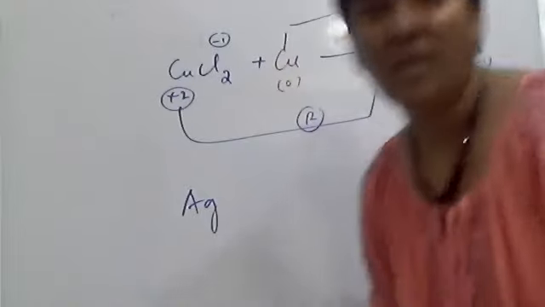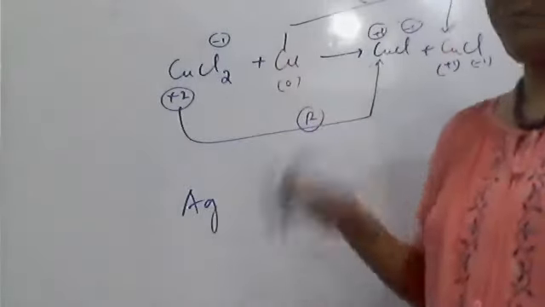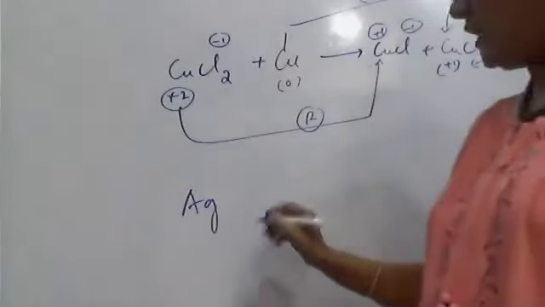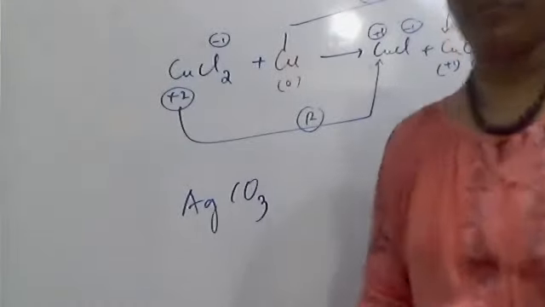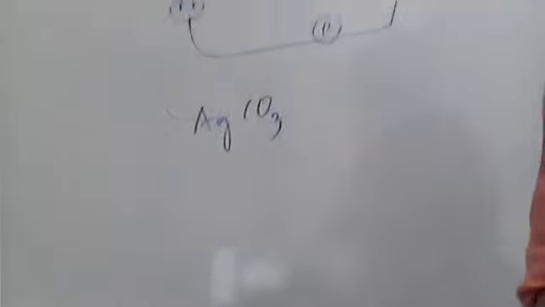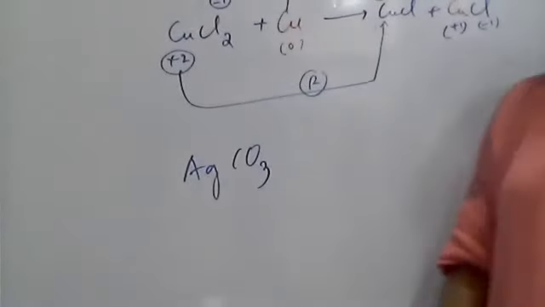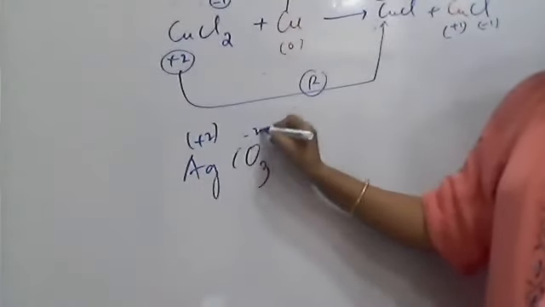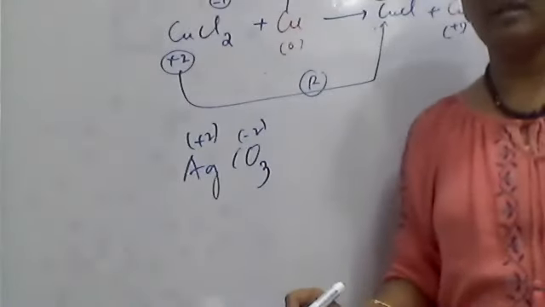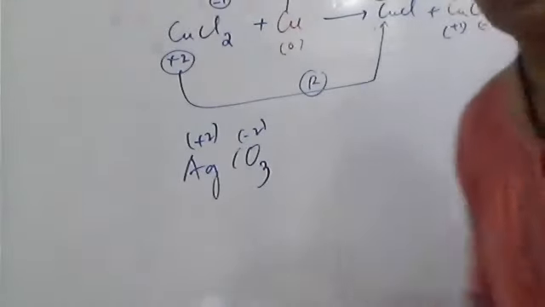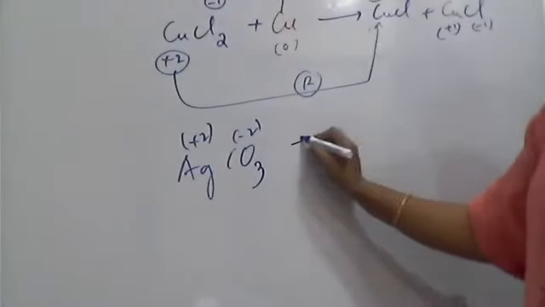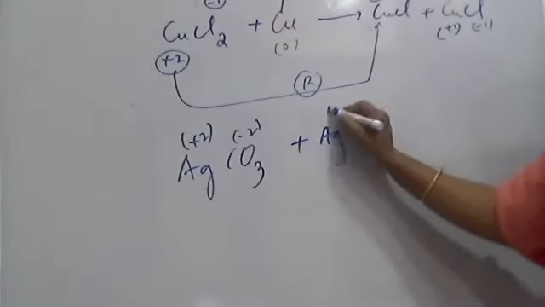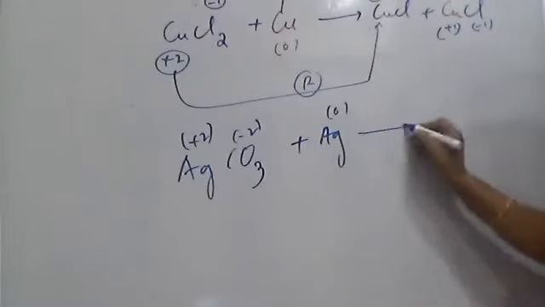Coinage or ladies group. So they show +1 and +2. So like copper, silver also shows +2 and +1. So say if it is silver carbonate, see here, Ag +2 is there, and carbonate is -2. If you heat this silver carbonate with silver metal, where silver metal is a pure metal with zero charge, now what happens?